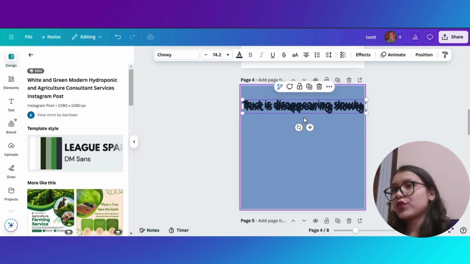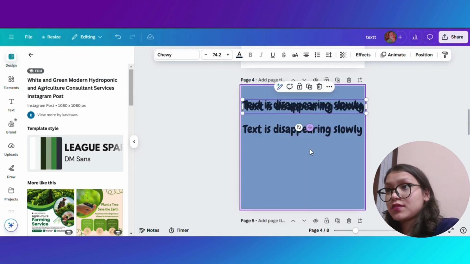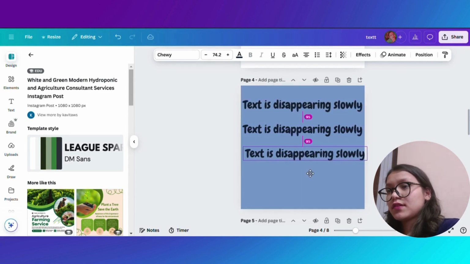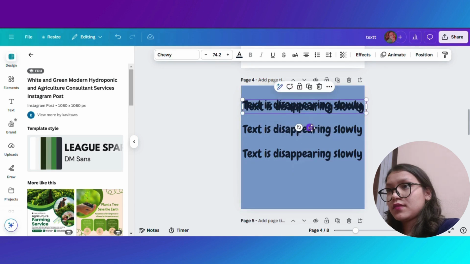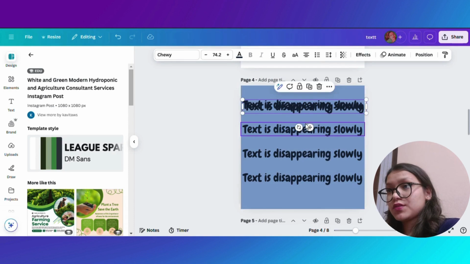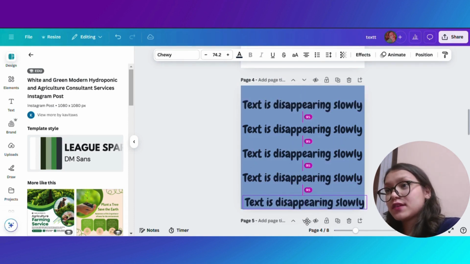Now we'll copy this and paste it here, again paste it, here, again paste it, put this here, again paste it, and I'll put this